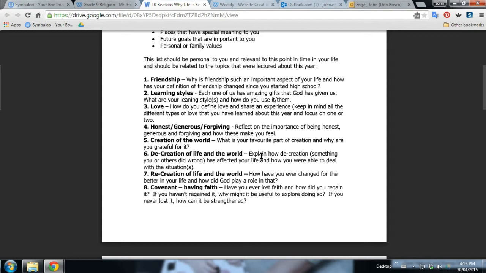So I'll think of that Adam and Eve story, and then I'll think of something that I did wrong. I got into an argument with my mother and had kind of a conflict with her. And then I'll explain how that was decreation, how that distanced me not only from my mother, but from myself, from other people, from God. How did that make me less of a person and further away from God's image of myself? So I'm doing my list, and I think decreation, argument with my mom.